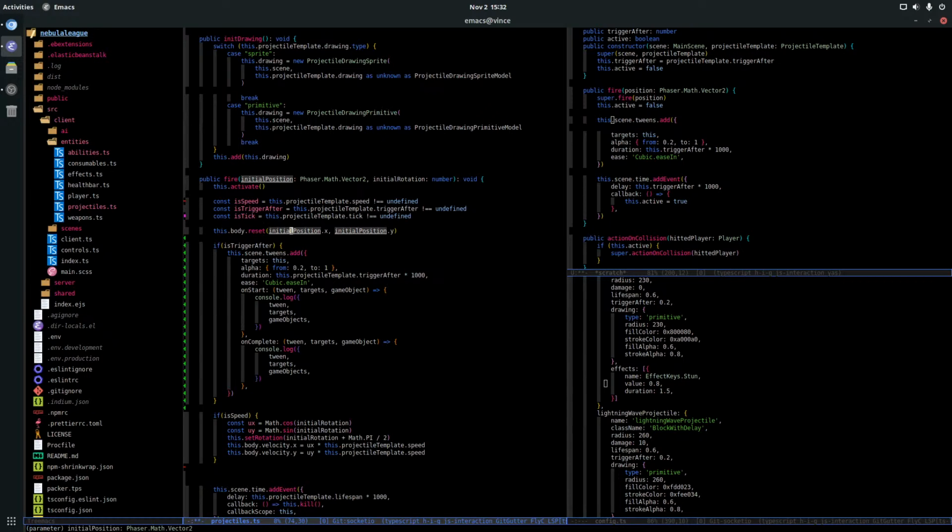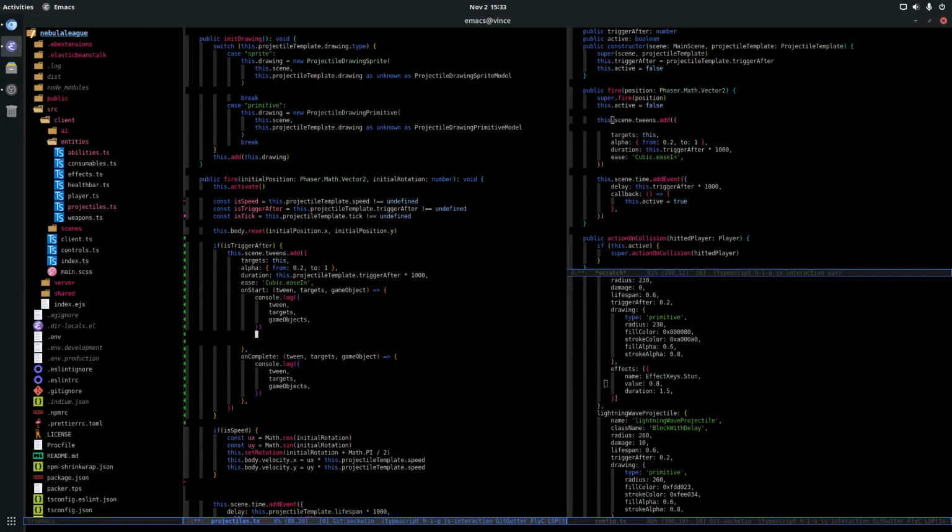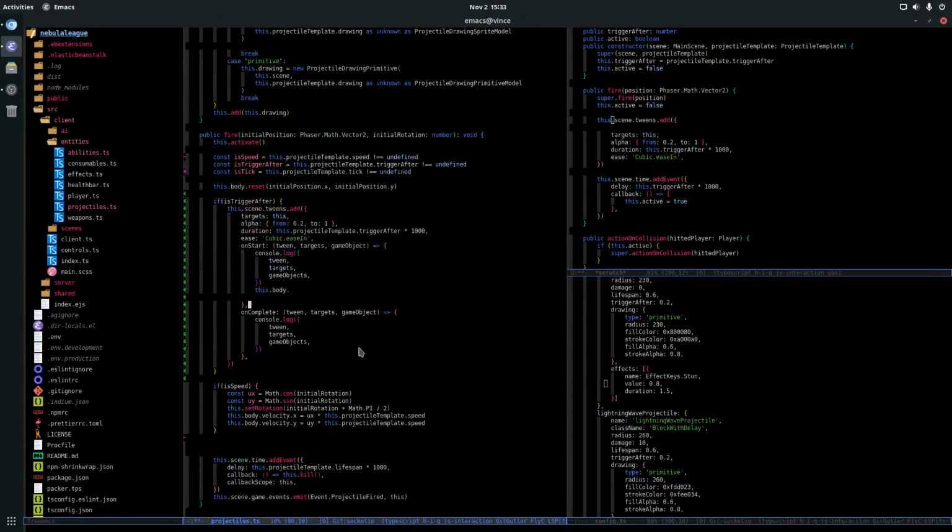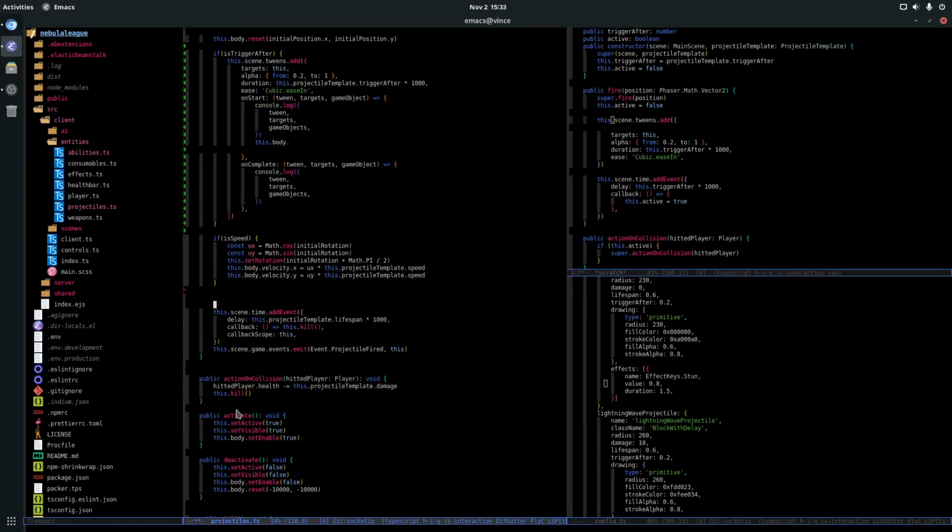So you reset the position, you do it all the time. Then the trigger after is for the code here. It should just be this body dot disable, or if I'm doing activate, it still needs to be visible.